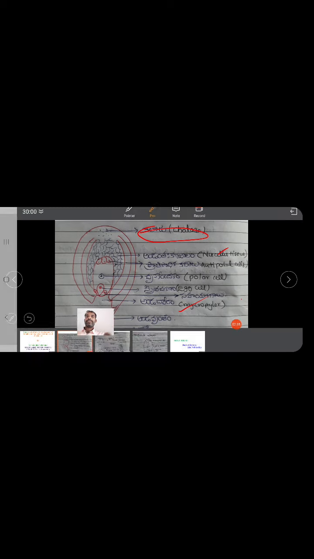Next, in ovule structure we can observe mainly three regions. The first one is the chalazal region, then the micropylar region, and the nucellus tissue. This is the nucellus tissue. Clear? Mainly three parts: the outer side is the chalazal region, the inner side is the micropylar region, and in the lower side we can see the embryo sac structure.